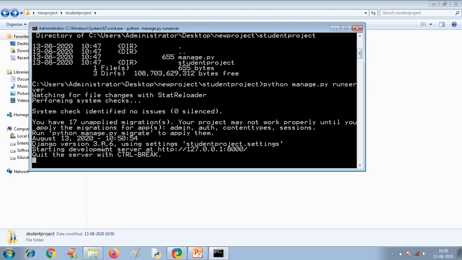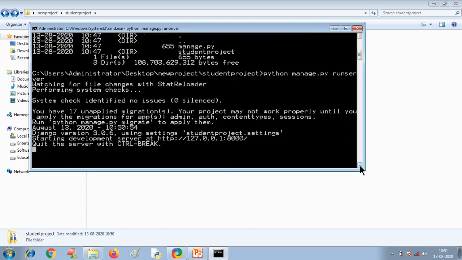Starting development server at http colon double slash 127.0.0.1. This is the local host IP address, and 8000 is a port address. So in the local host, at this port, the server has started running, right?